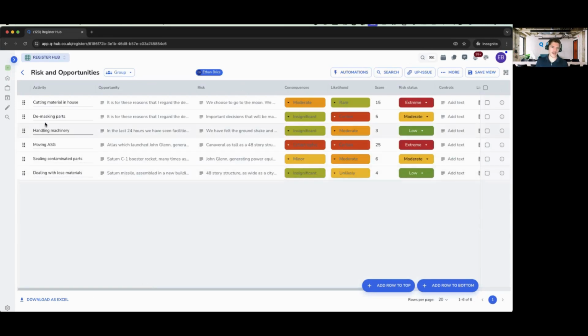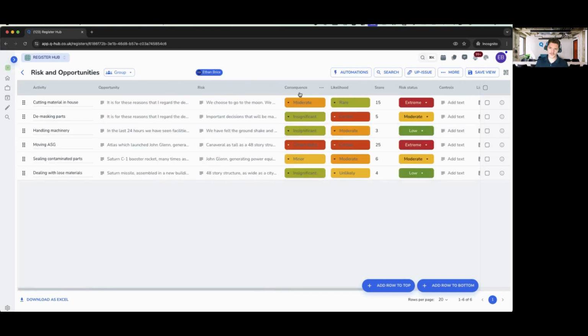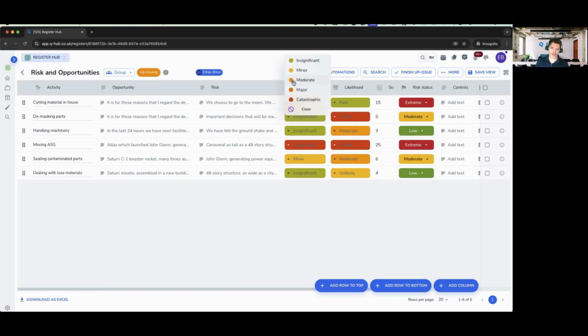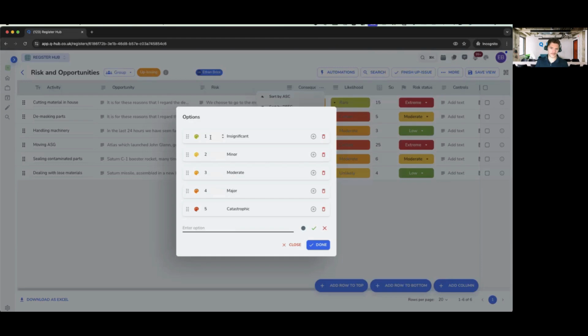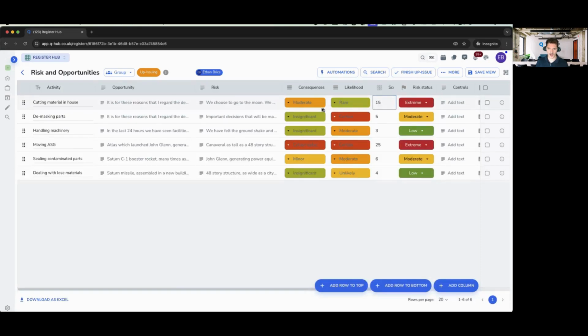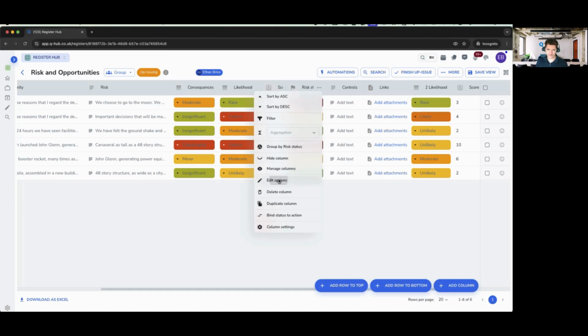So let's say you have a register, and the register is something like this: risk and opportunities. In your register, you might have consequences, likelihood, scoring. If you're not familiar with how to do this, we have used the weighted fields. Even though they are colored drop-down options here, in the background we have fields with weighted numbers behind them. And then we have used a calculation field to create our score, which just multiplies the consequence and likelihood. And then we have used our automations